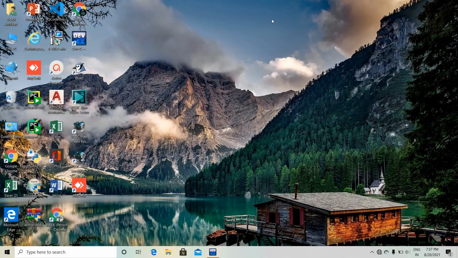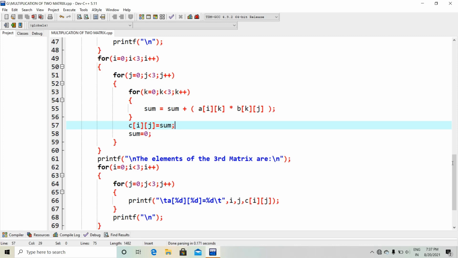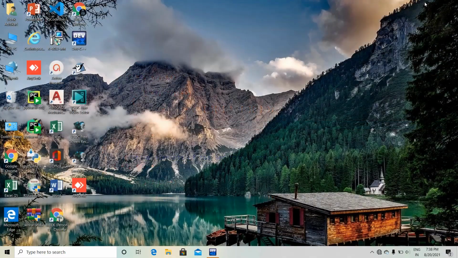Only you have to keep in mind this rule, that means this statement: sum equal to sum plus a of i k multiplied with b of k j. Only keep this in your mind, then you can solve it easily.